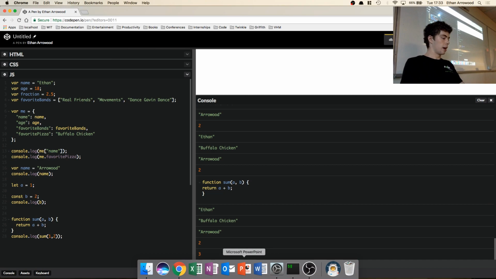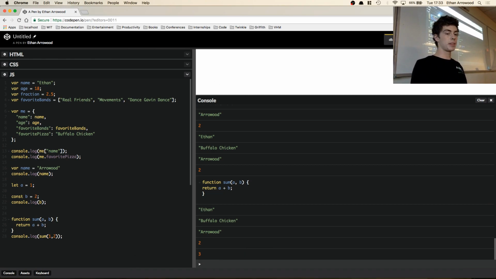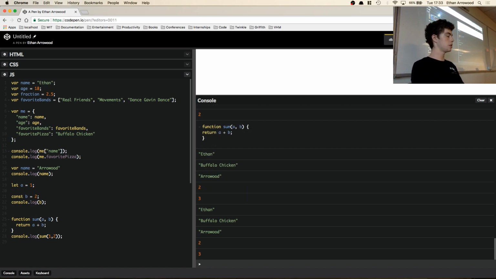So yeah, that's basic function syntax. It's very, very simple. But let's make this a little bit more complicated. I'm going to show you guys a sneak peek into an array method called map. So we're first going to declare a constant. We're going to say scream it. It's going to be the name of our new array, and that array is going to be the favorite